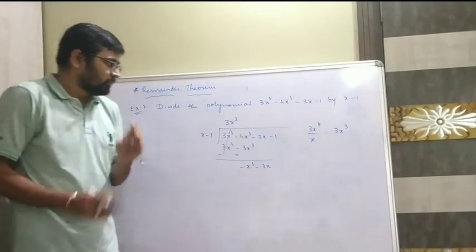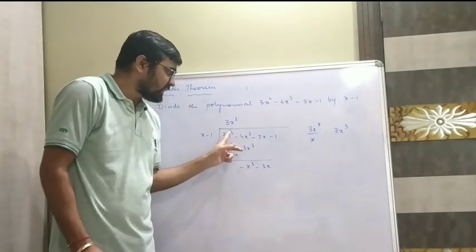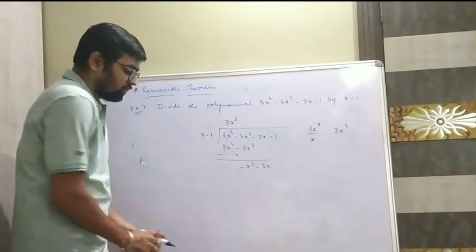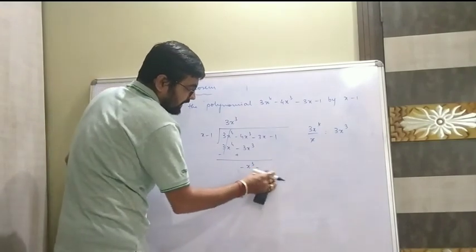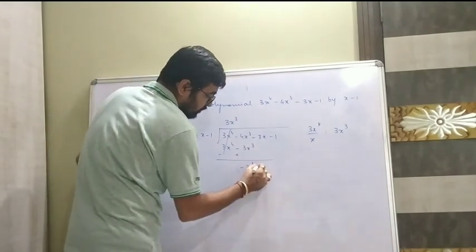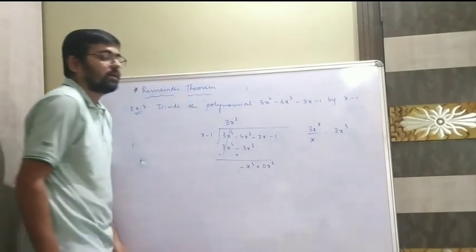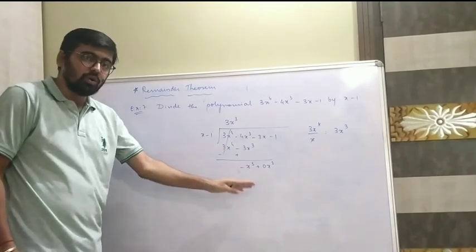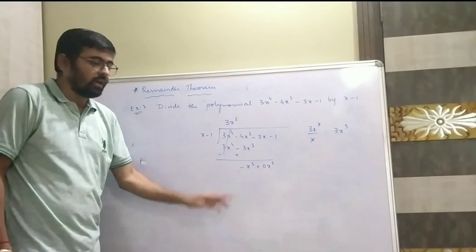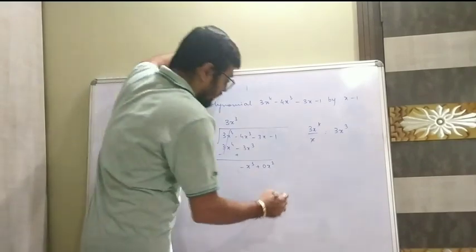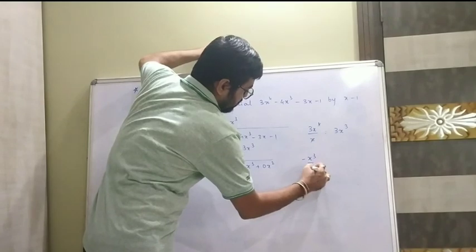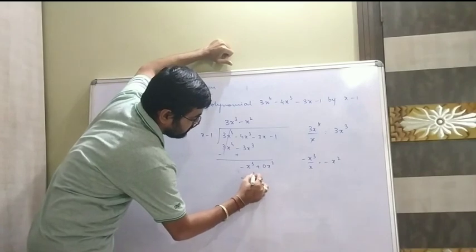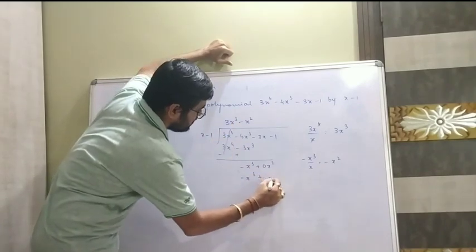Now here is the problem. If you check, in 3x raised to 4 the power is 4, here 3, here 1. So where's 2? The x square term is not present. So I am not going to write minus 3x here. Instead, I am going to write plus 0x square. I wrote plus 0x square because 0 into anything will be 0 only, but to make it easy I am going to write it as 0x square. Now minus x cube by x will give us minus x square.